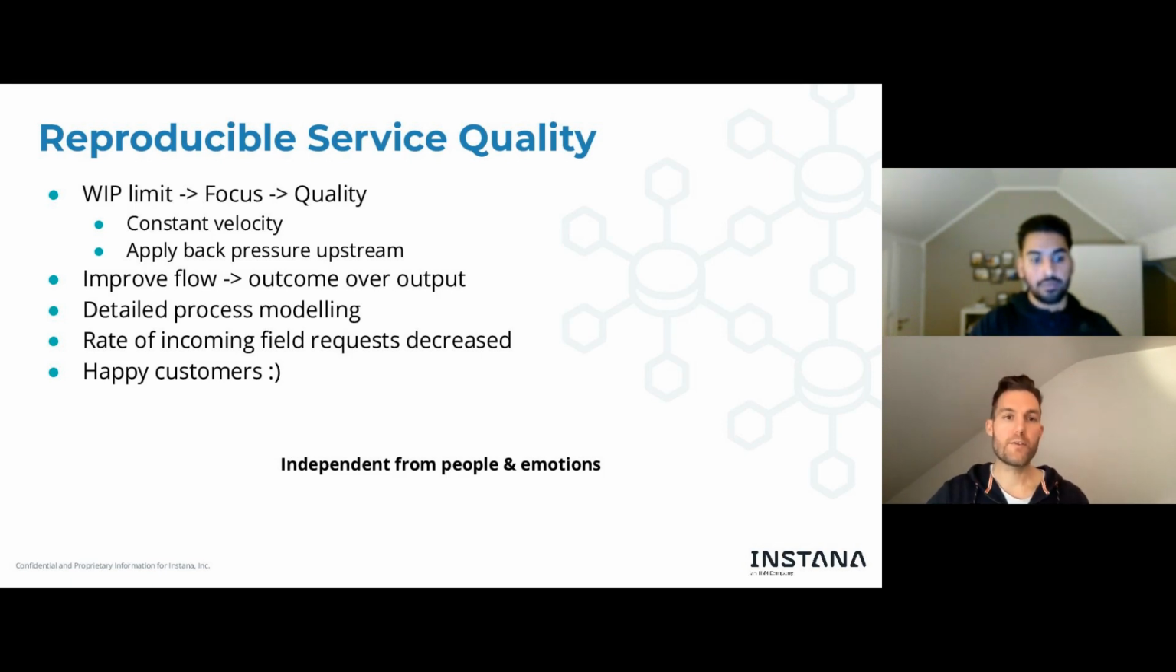By improving this flow, we also improve the outcome due to a higher quality again. The detailed process modeling, as mentioned, is super critical when onboarding new people. And as I stated here at the bottom, the service quality then becomes independent from people. So hero culture, yes, maybe, but we have it all modeled in great detail, and it's independent from people